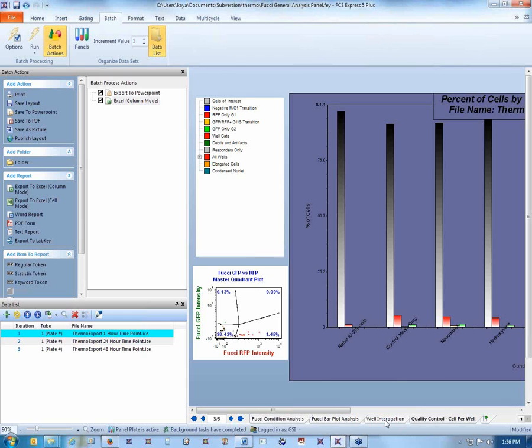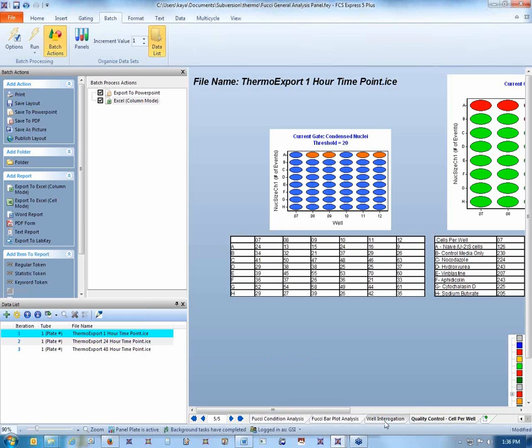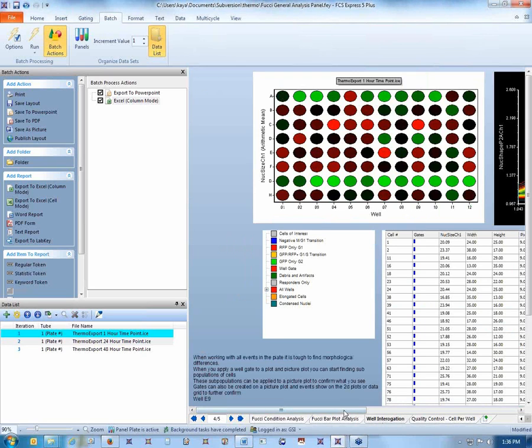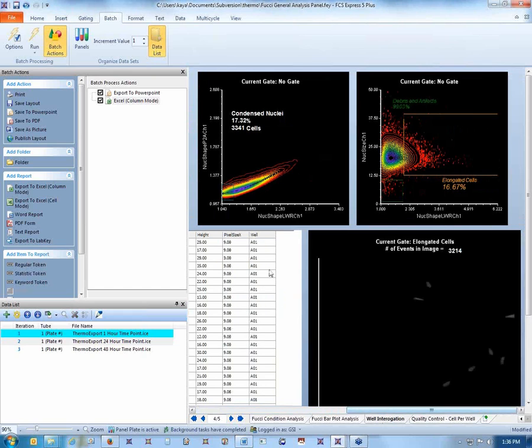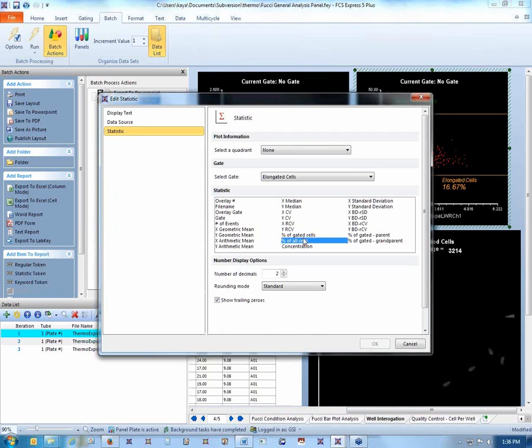Alrighty. So we'll come to this page instead, okay? So again, this works by drag and drop. So if I want my percent of elongated cells, I'll just drag that over. Okay, and we'll put percent of gated cells. New in FCS Express 5, you can actually select multiple stats at the same time. So I'm going to just keep Control pressed and also export the X median and the X standard deviation as